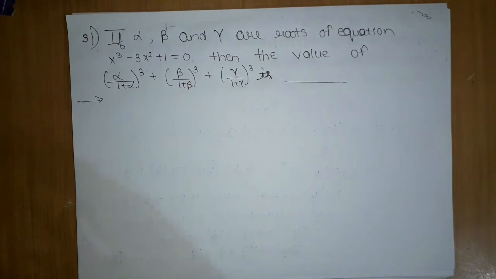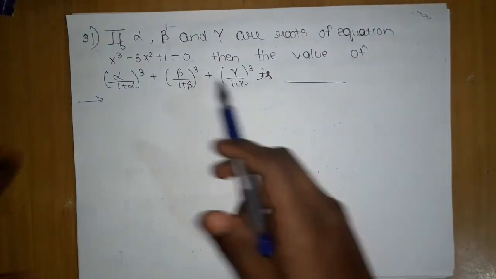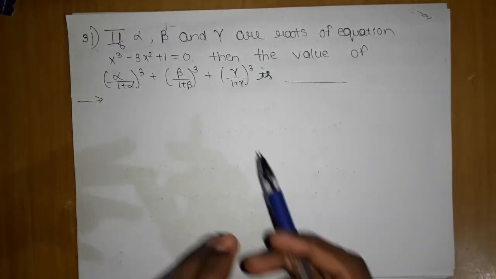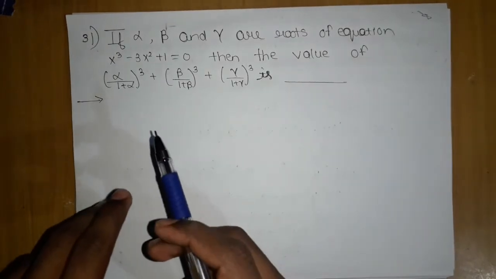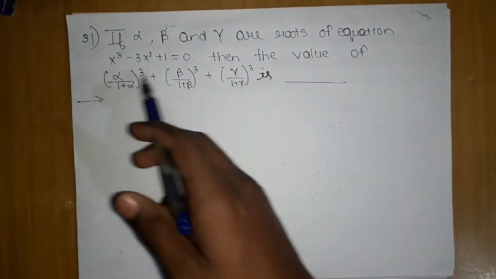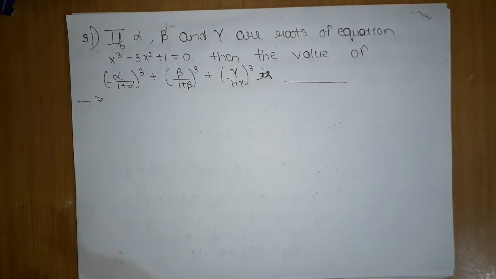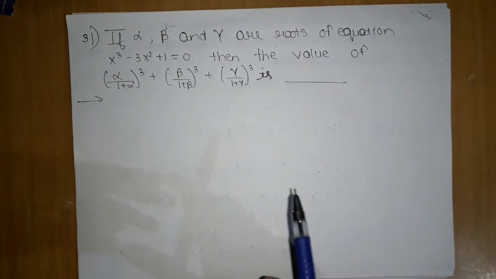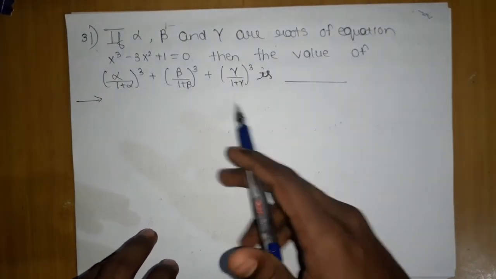So here you can see that we cannot create such terms using this equation. When such things occur, that you cannot create these terms whose sum or product or value we want to find from the given equation, in many problems in our previous video we used this equation with alpha, beta as roots and tried to tackle it as much as we can. But here we cannot form anything from this. So if you cannot form any relation between the given equation and the value you need to find, then the last option is to try to create a quadratic equation using these terms.